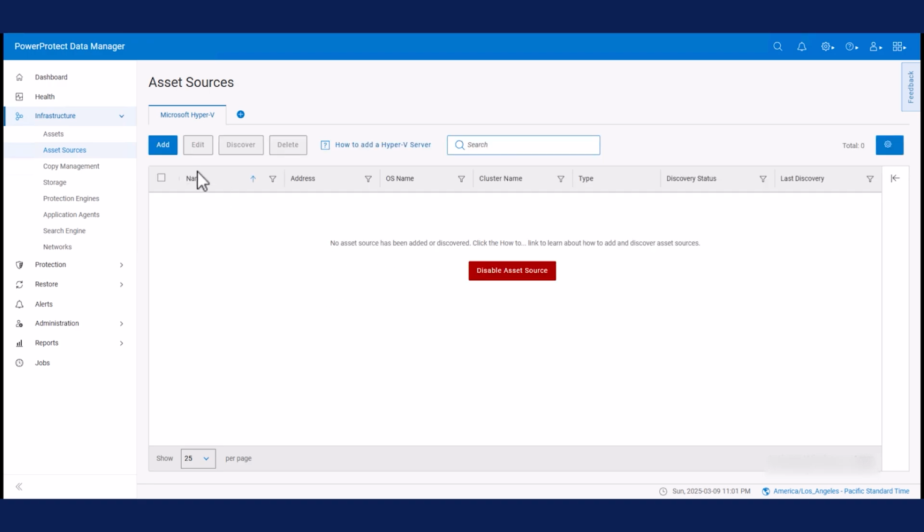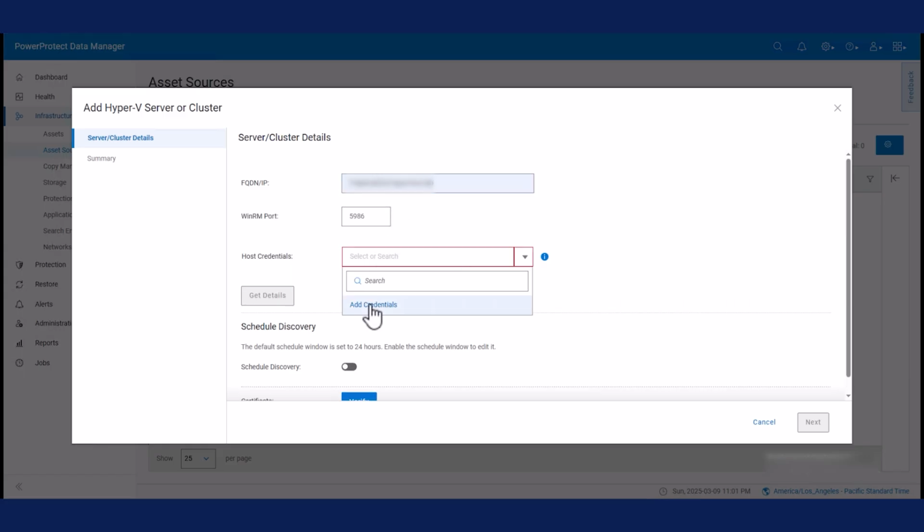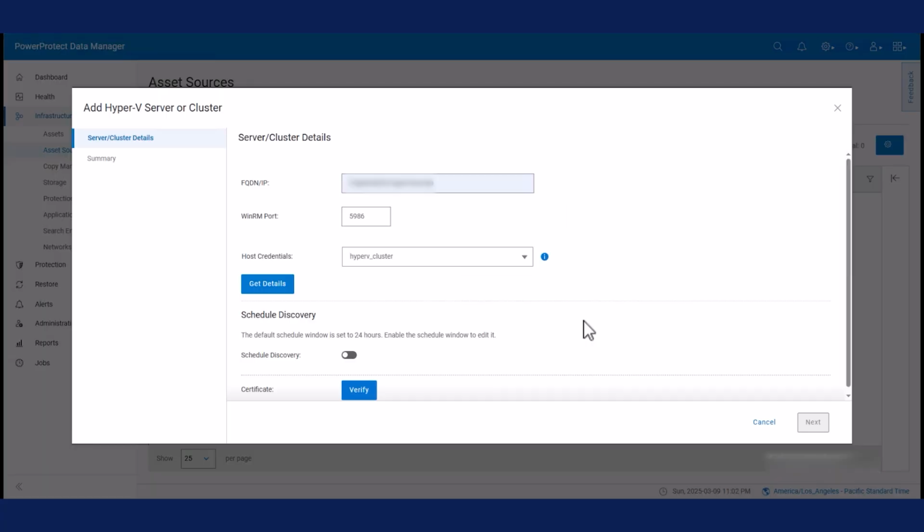Next, add the Hyper-V cluster as an asset source by entering the required details, such as the fully qualified domain name or FQDN, or IP of the Hyper-V cluster and the domain user or admin credentials. Use the default port for the WinRM service, which is 5986, and ensure that the WinRM service is running on the Hyper-V server. Modify the discovery schedule and click on Get Details.